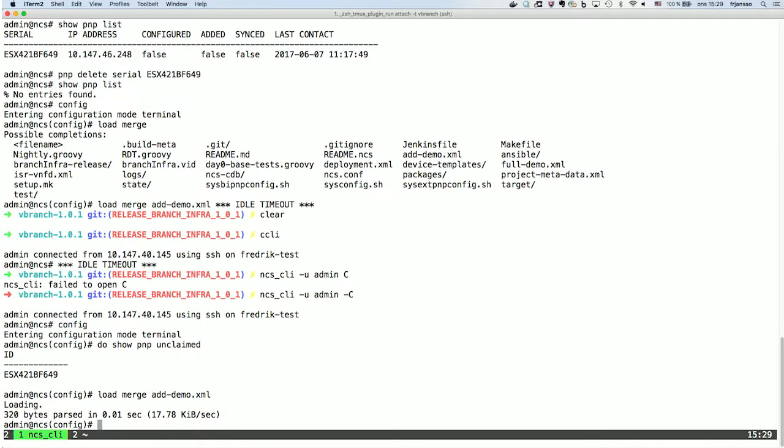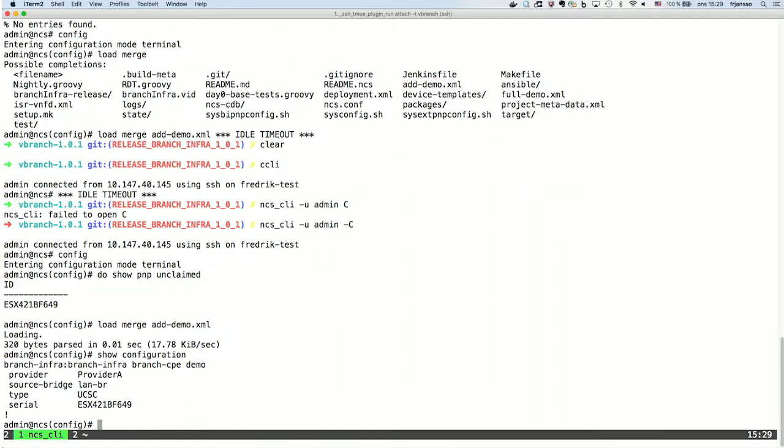Should I show the configuration? Or just okay. Show. Is that all we did? Yep. Okay. So this is the configuration that will add this serial to our PMP map, so that we can claim it when it contacts us again. So I'll commit here, and